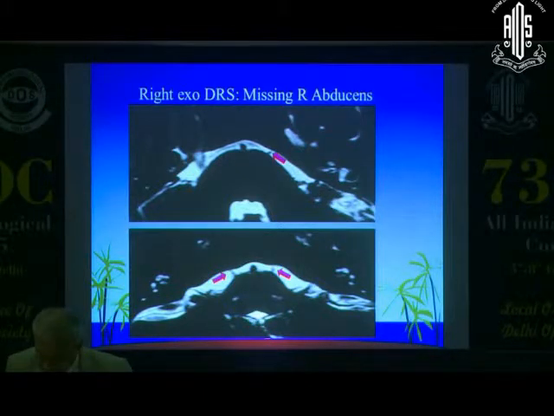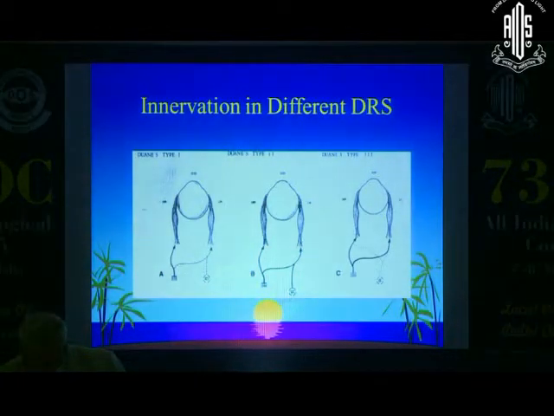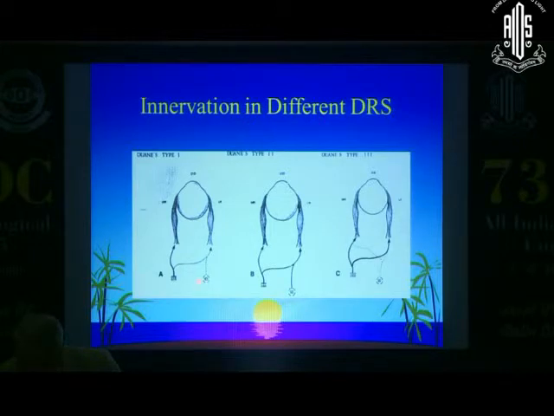Recently we have been doing high definition MRIs, and we have seen that there are missing 6th nerves in cases of Duane's retraction syndrome, and that may be the reason that congenitally this goes into a disinnervation problem. So these are probably the most common types of the congenital cranial disinnervation disorders, the CCDDs. And what we have known classically is that this is a problem of innervation. In cases where the 6th nerve or nucleus is hypoplastic, the 3rd nerve is supplying both the MR and the lateral rectus. This is type 1.